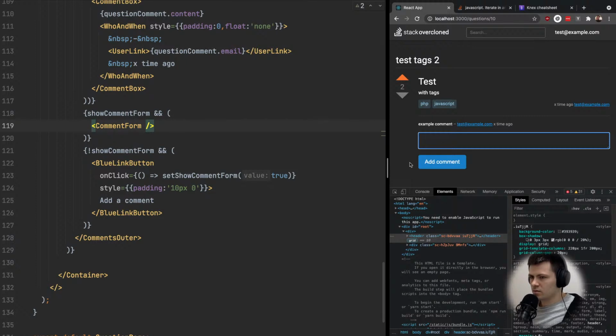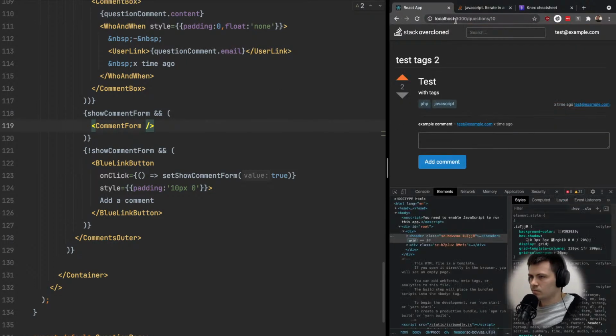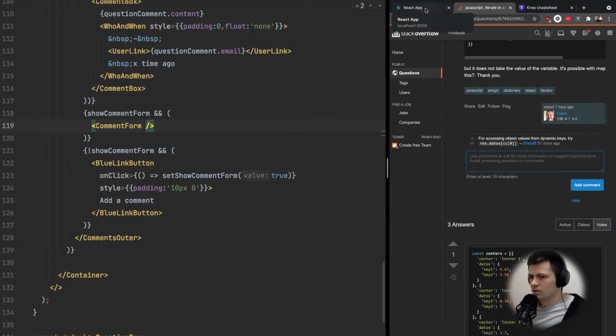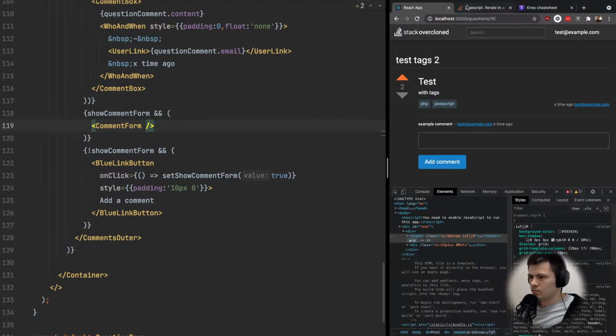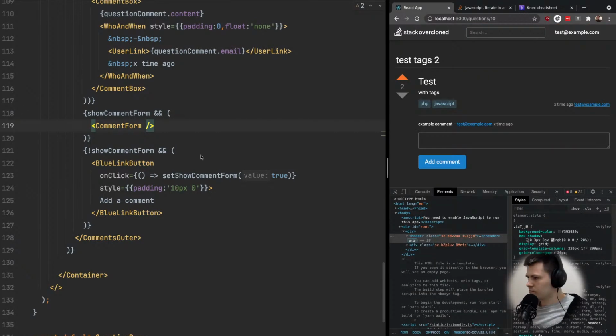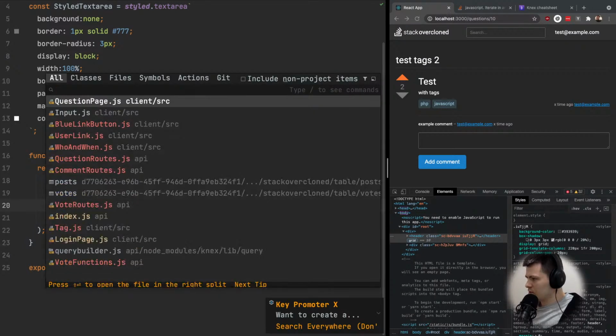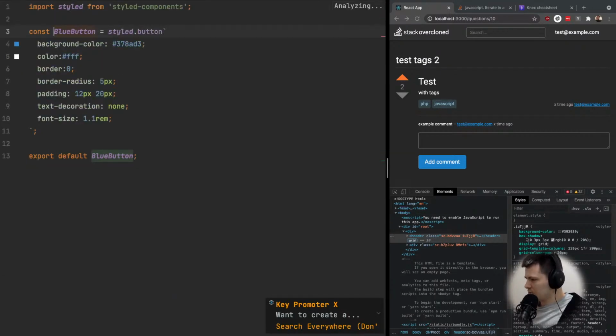Much better, but this button is too big. We will fix it now. So let's go to comment form, and here let's do size small or just SM, and let's go to BlueButton,